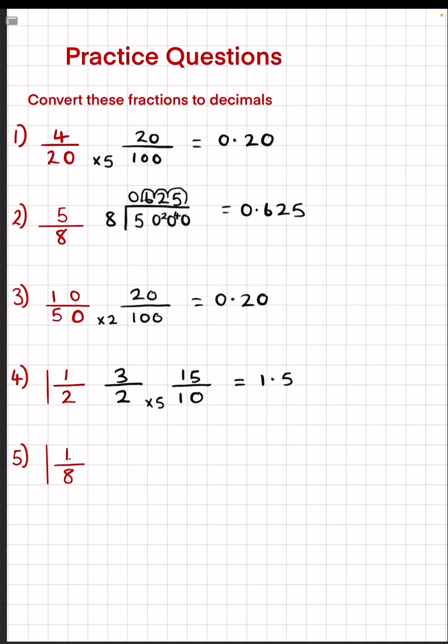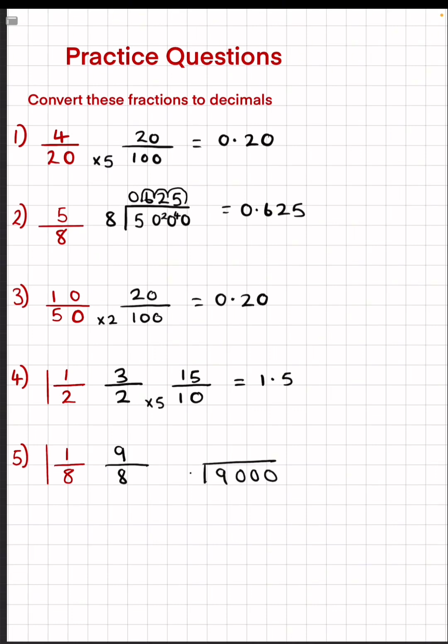Let's convert this mixed number to an improper fraction. To do that, we need to multiply the denominator with the whole number and then add the numerator. 8 times 1 is 8, add 1 is 9. So we have 9 over 8. Now we need to divide the top number by the bottom number. To make the calculation easier, we can make 9 1,000 times bigger by multiplying it by 1,000. So the calculation is